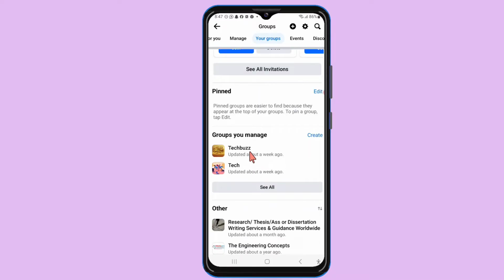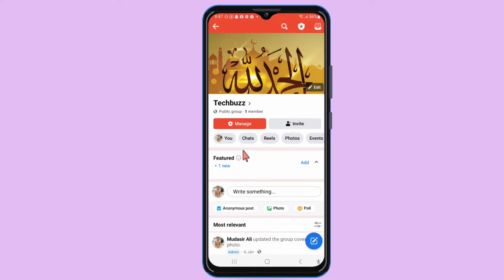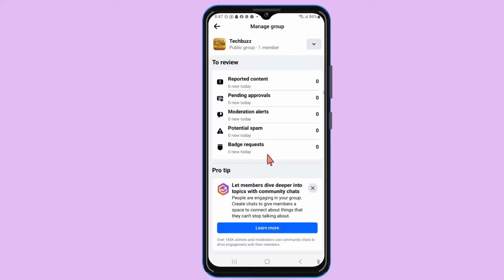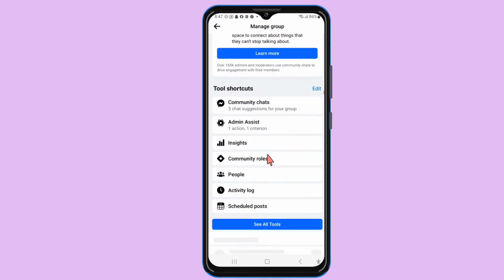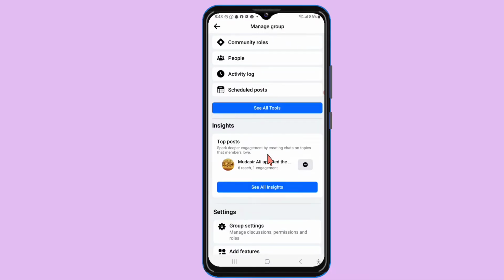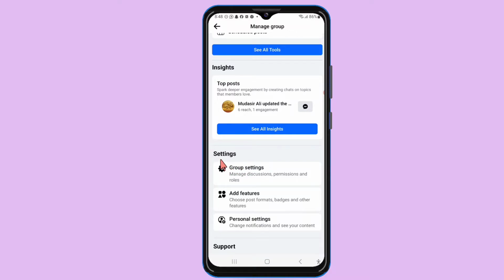You can select the group you want to change the name. So I want to click on first group. After that, click on manage and then scroll down and find group setting. You can see here in setting tab, group setting appears. You can click on it,